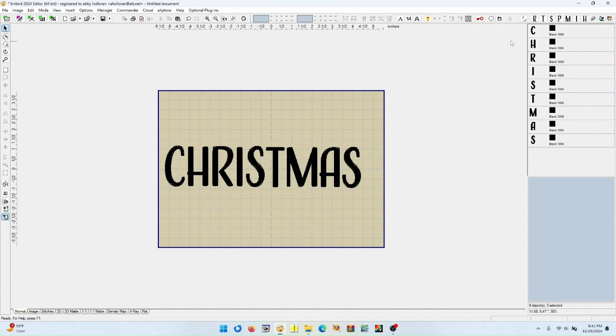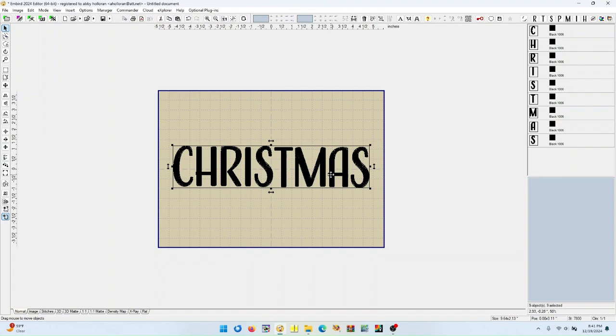So I need to select all my letters now. So I'm going to come over to my objects or my property panel over here, and I'm going to click select all, and as you can see it put a selection box around the word Christmas. And so the first thing I want to do is I want to move it into the center of my hoop. So I'm going to come back over to this properties panel, and I'm going to click center horizontally, and so I'm going to click that, and it moves it into my hoop, and it's centered left and